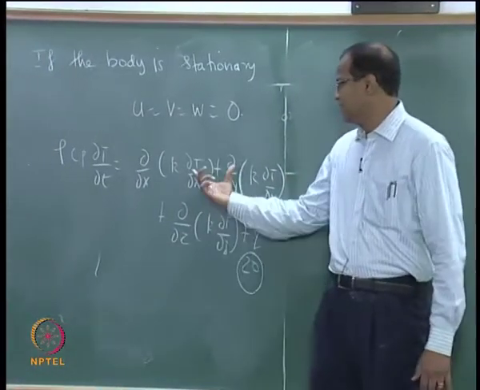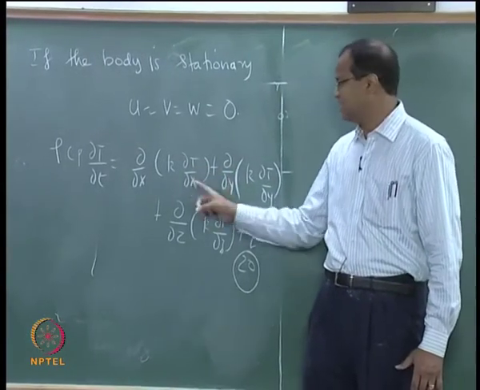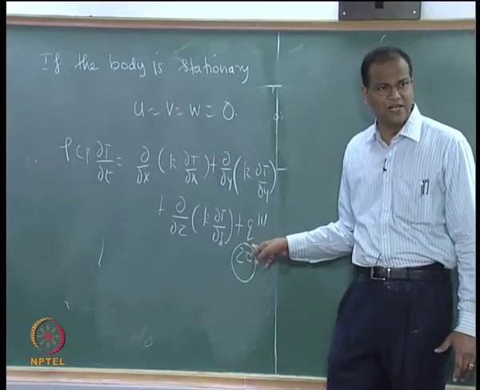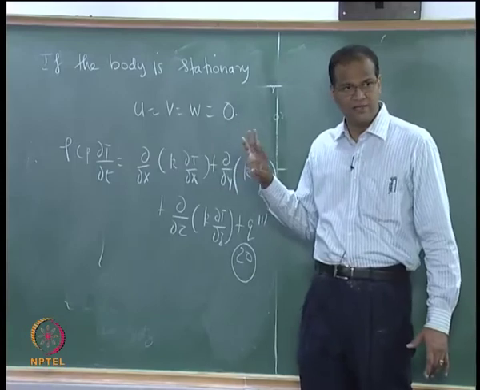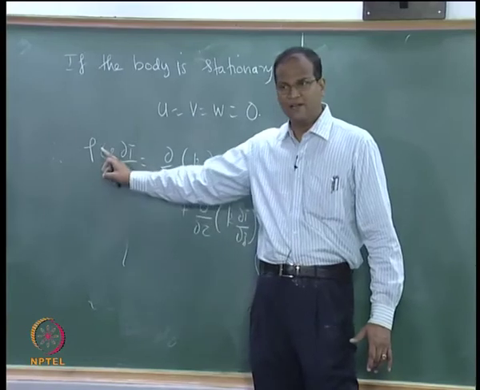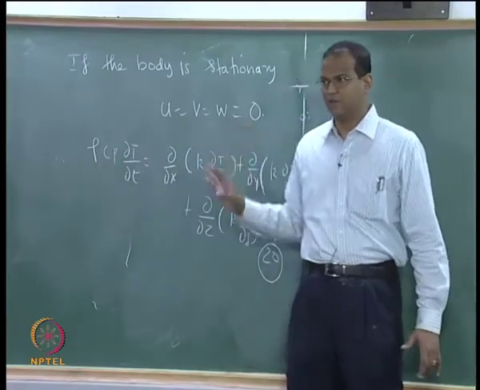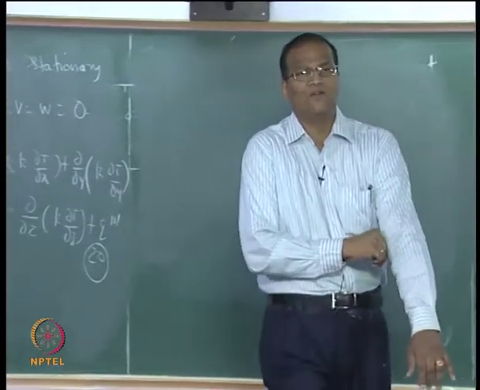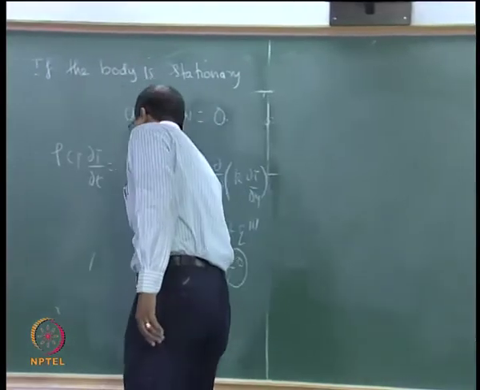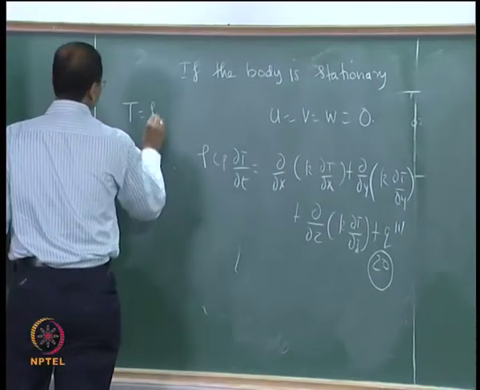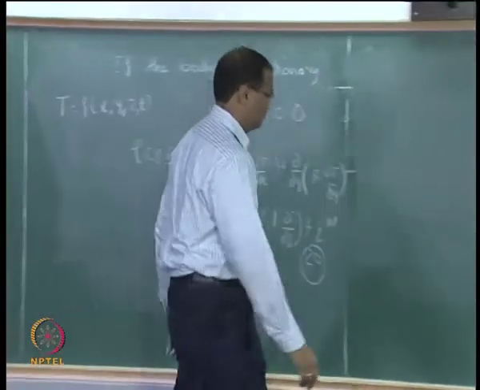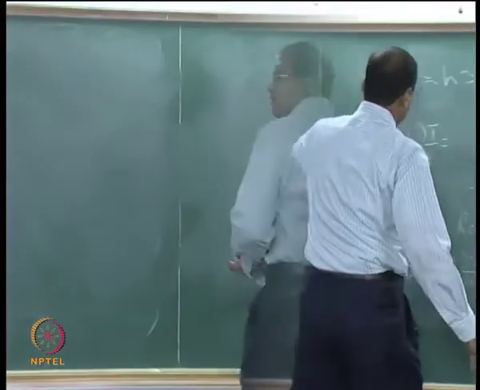Now, you can see that the net diffusion, the net heat which is conducted in the x, y and z direction, plus any heat which is generated because of a nuclear reaction or a chemical reaction, must be balanced. In the event of this not getting balanced, the enthalpy of the body will increase and it will follow rho Cp dT by d tau. Okay, so this is the most general statement, where T is a function of x, y, z and time. Now we can look at simpler forms of this. If k is a constant,